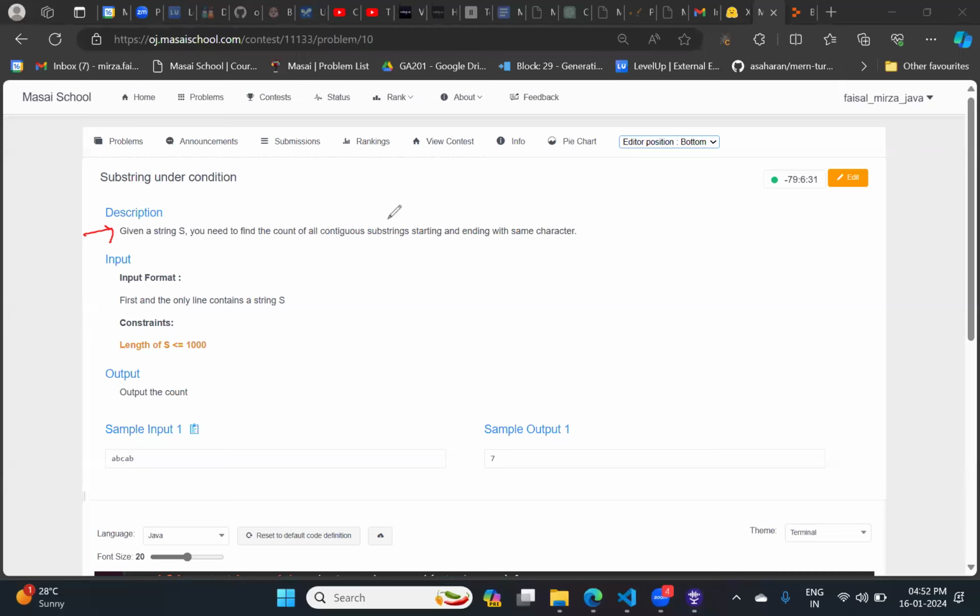For this question, we need to get all the substrings and check whether the starting and ending characters are the same or not. Let us try to print the substrings for Masai. Tell me all the substrings. M, MA, MAS, MASA, and MASAI.